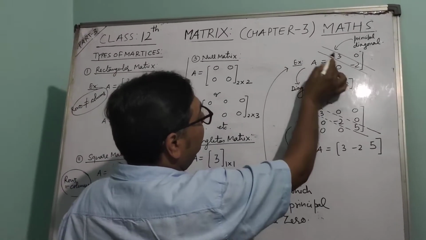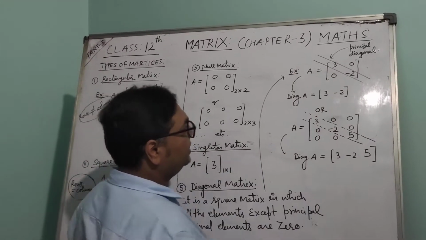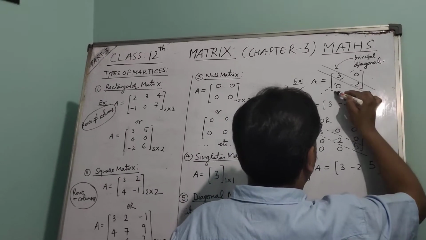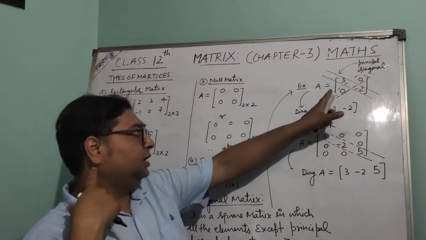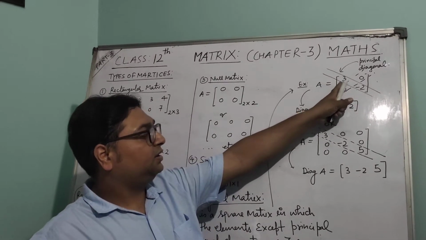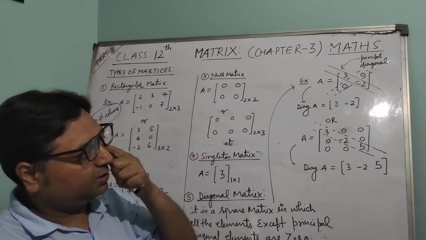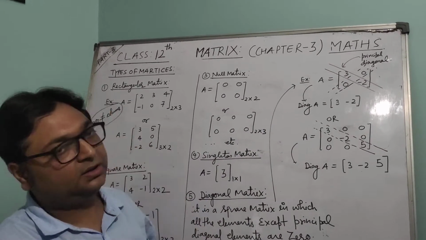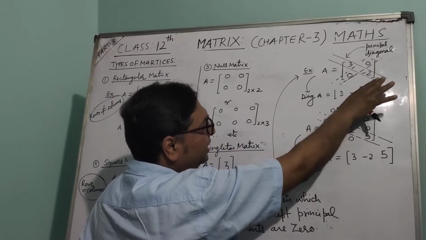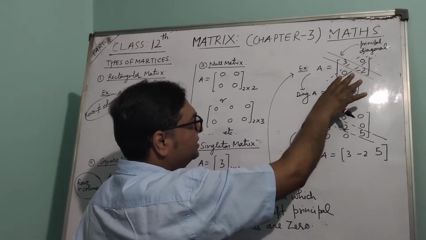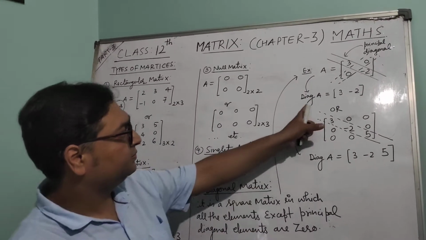First, get the diagonal. In the matrix you will get two types of diagonal. One is anti-clockwise and another is clockwise. We normally always talk about the anti-clockwise diagonal only. This diagonal is called the principal diagonal, and the diagonal exists only in a square matrix. So all the elements except the principal diagonal elements are 0. That kind of matrix is always called a diagonal matrix.